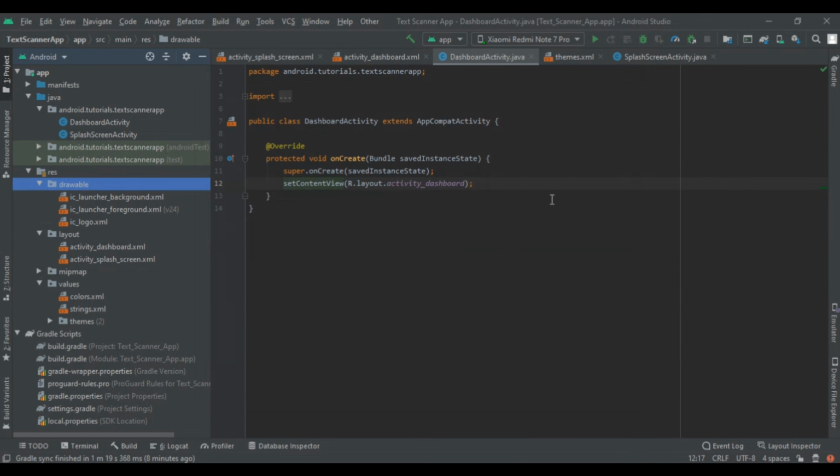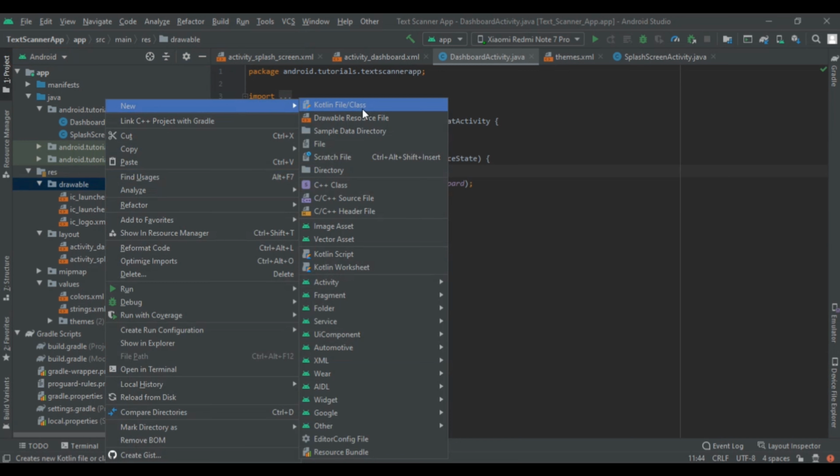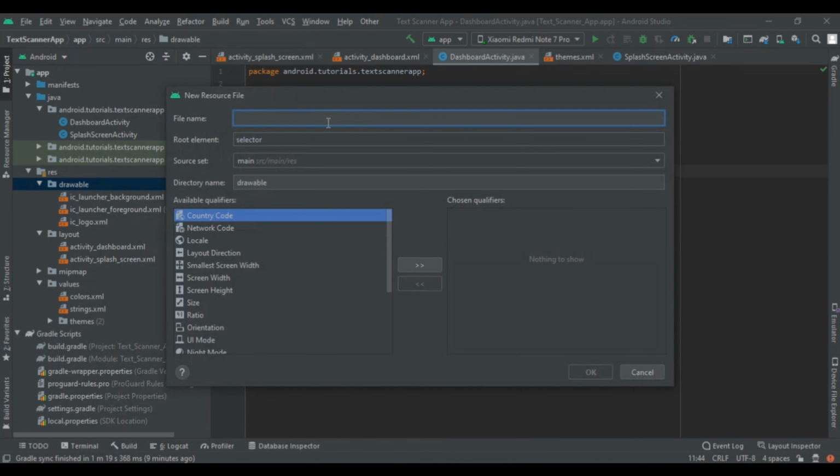Now, beginning our video, we are going to create the splash screen for our text scanner app. To create the splash screen, first we have to create one gradient as a background. So right click on drawable, then New, Drawable Resource File, and the file name will be gradient, and the root element will be shape.